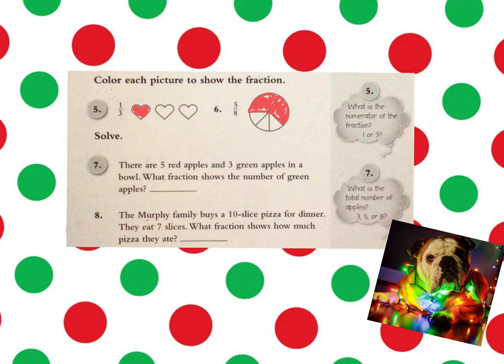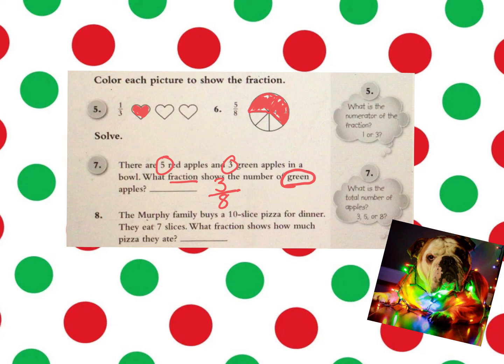Let's do some story problems. There were 5 red apples and 3 green apples in a bowl. What fraction shows the number of green apples? So let's circle that word green. Okay, and we're writing a fraction. Let's do the total amount of 5 and 3, which is 8 total apples. And then what fraction shows the number of green apples? 3. All right. So we would have 3/8 is the fraction that shows the number